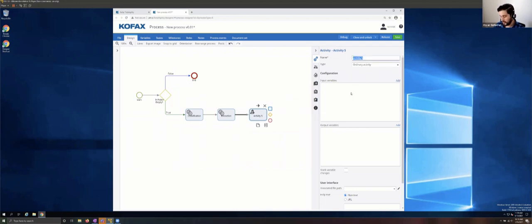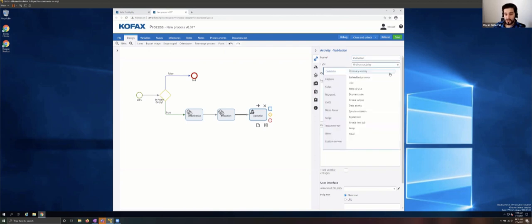So we're going to be doing a validation activity so that the user can go in and validate. We're going to be assuming that the user is validating and rejecting the documents based on the values. Pretty straightforward. In some instances, we could check to make sure that the PO number is not blank. If it is blank, we mark the invoice as a non-PO invoice. But for this purpose, we're just going to be allowing the users to do the validation and make sure that the documents are